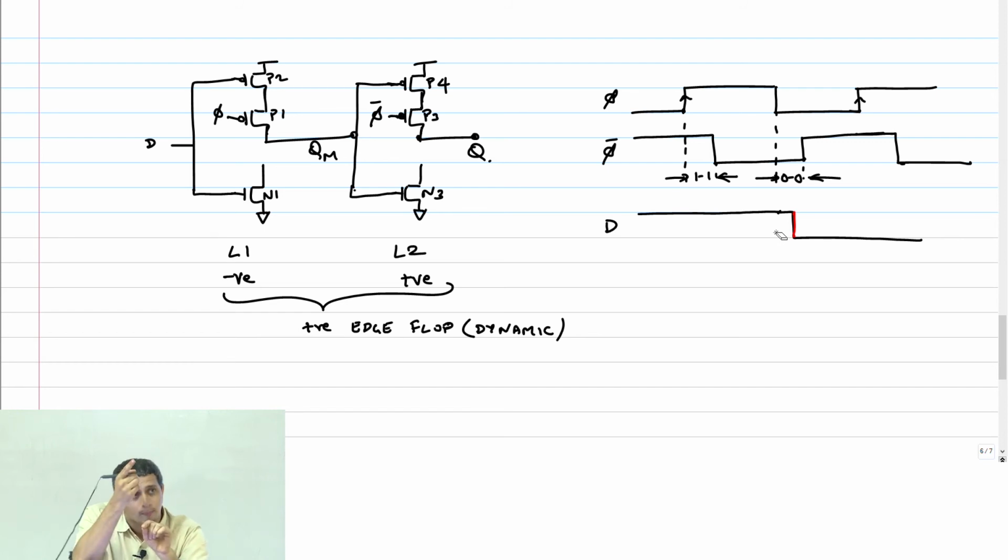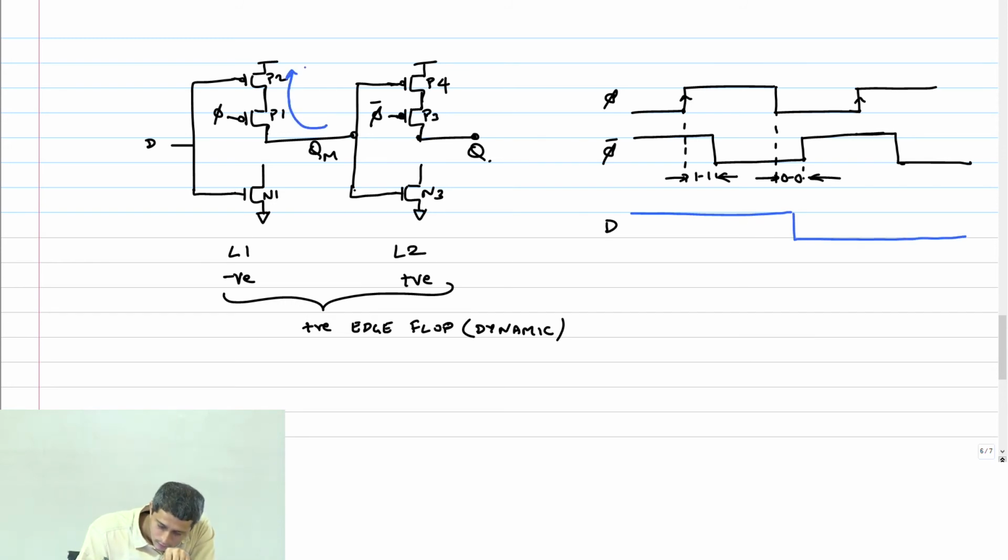thereby there is a pull-up path, right? So QM can therefore now, right? So let me draw this in blue. There is a pull-up path, right? So therefore, what happens to QM?